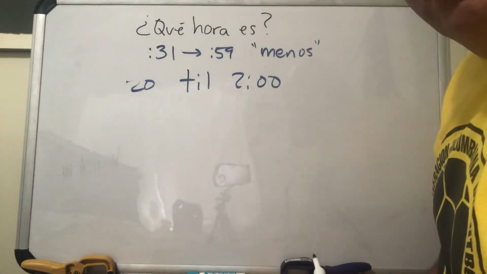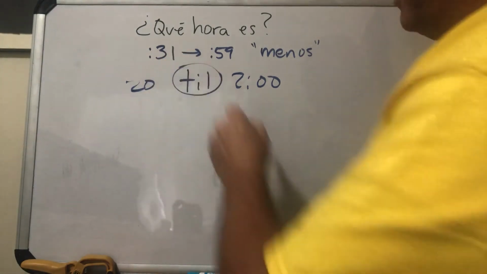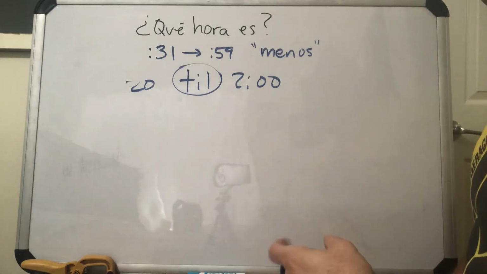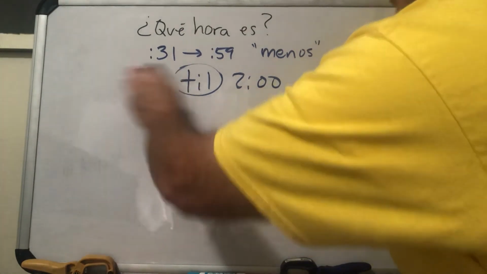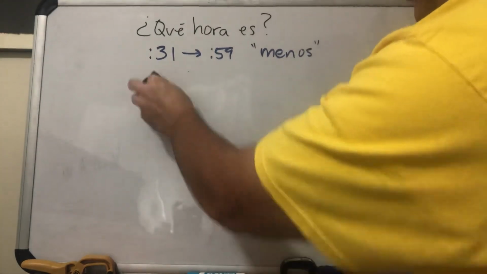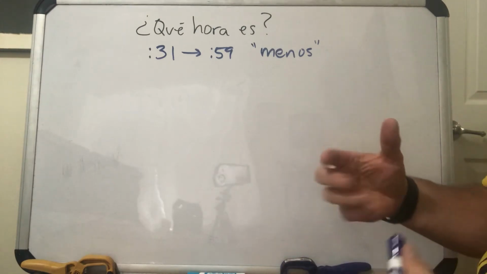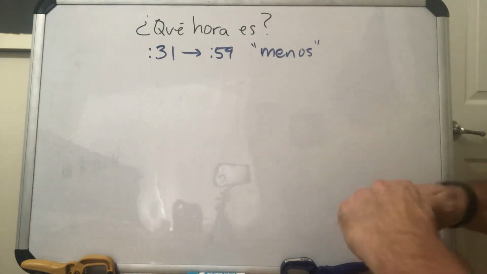It's a quarter till noon, right? They'll say the time using that word till, and if you can do that, then that's going to give you the numbers you're going to need to tell the time in Spanish using menos. Okay, so menos is kind of like our till. It tells us the next hour, and then we have to subtract off some minutes. So let's do